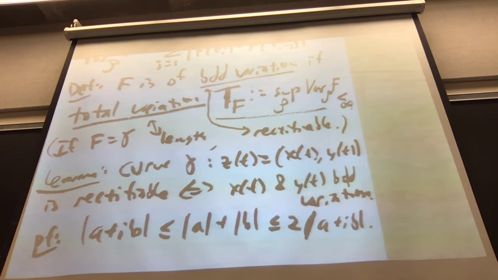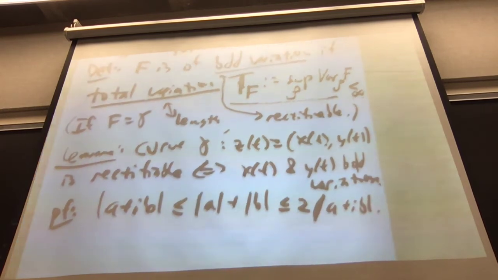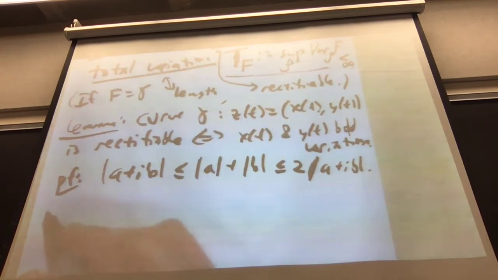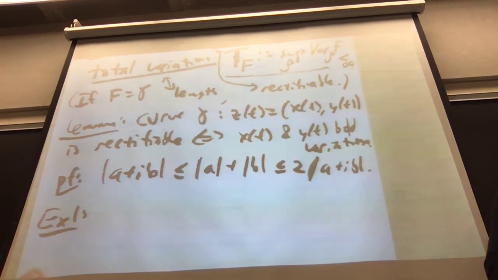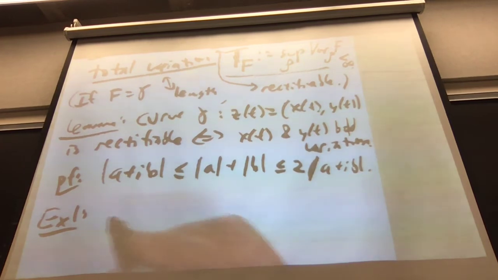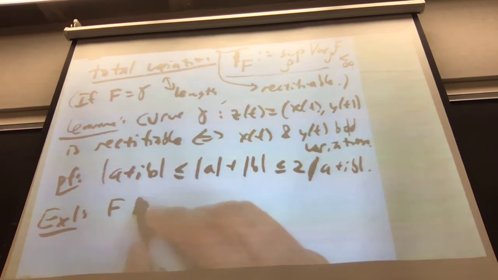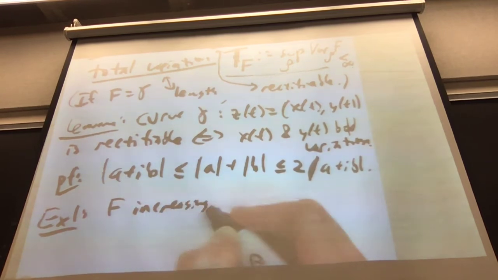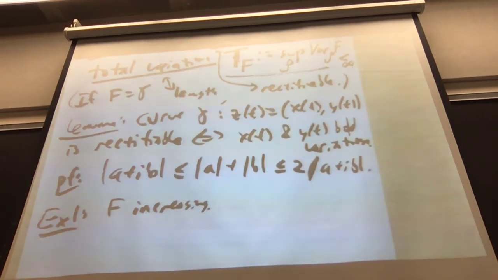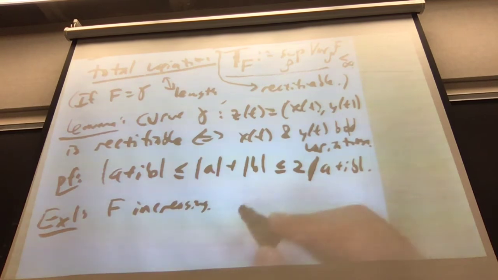Examples. Let's talk about some examples. As often happens, the simplest examples are the prototypical ones. So here's an example. F is monotonic. F is, let's say, increasing. So if F is increasing, then for any partition,